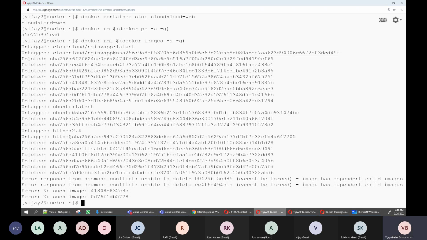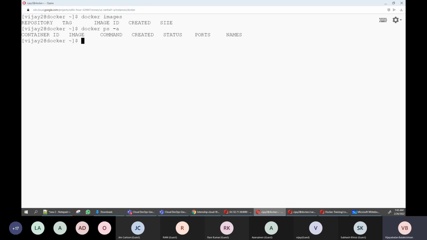Asaruddin, okay, so now I'm going to walk through one by one. Are you able to see any images, Asaruddin? No. Okay, so now docker ps -a. So we don't have any images. We don't have any running containers. So now what we are going to do,